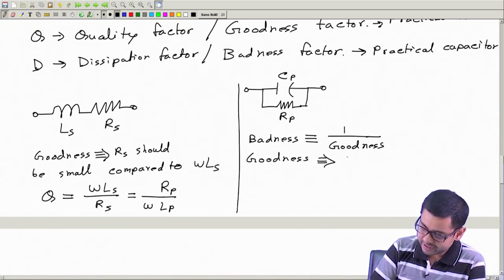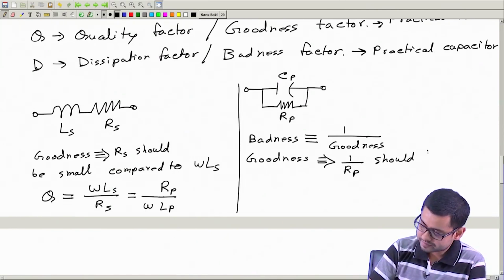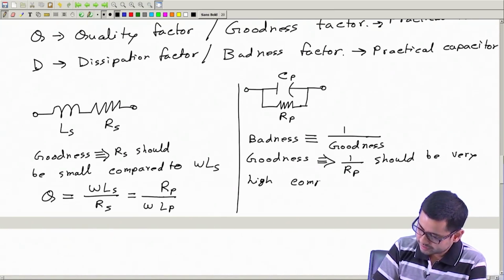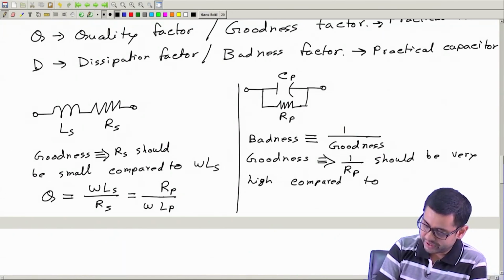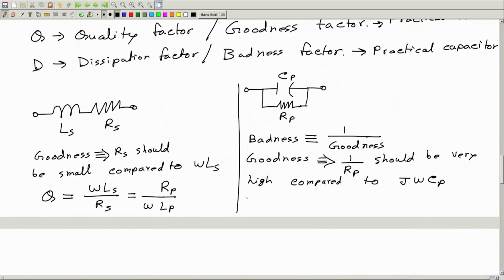So, goodness means the conductance, that means 1 over Rp, should be very high compared to this conductance, and this conductance is j omega Cp. Okay. So, therefore, the D or the badness factor will be given by,